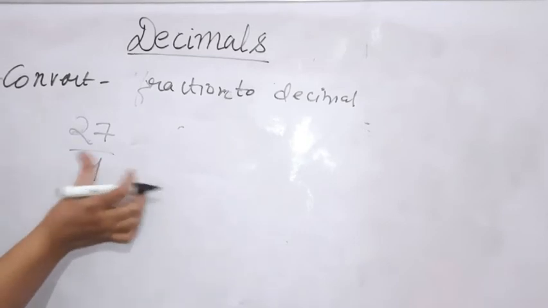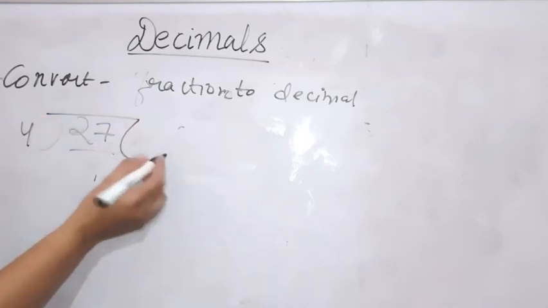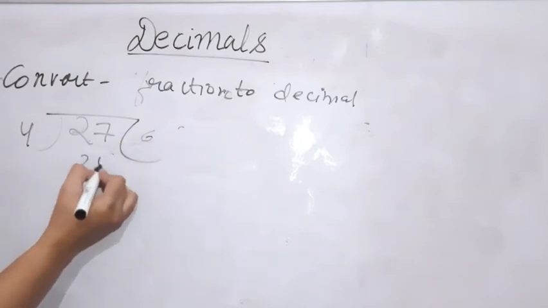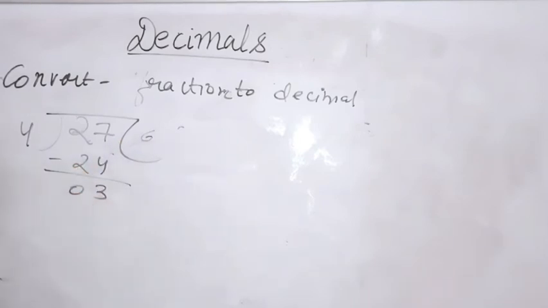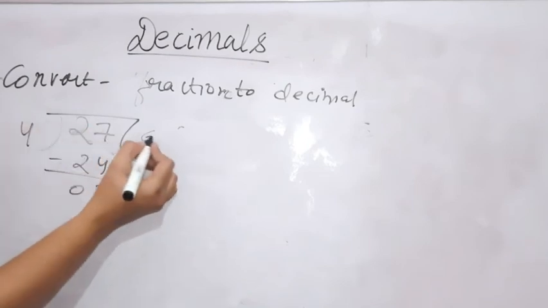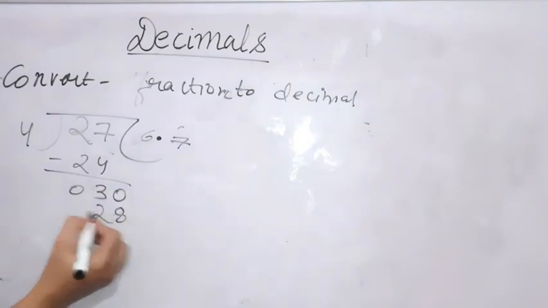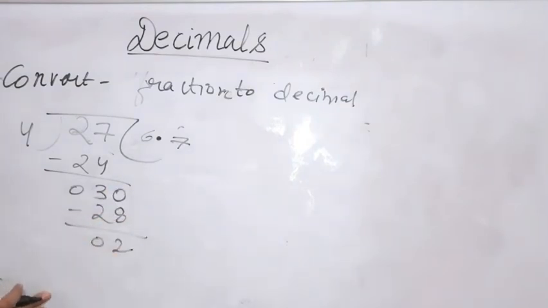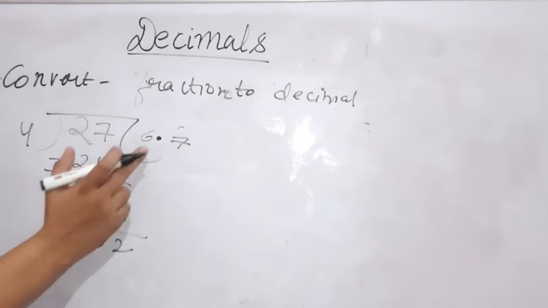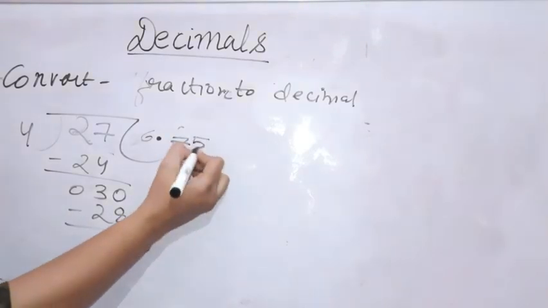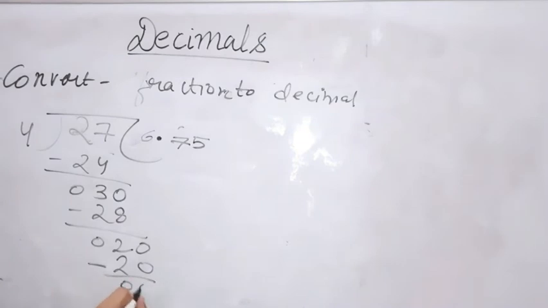So now we will divide by 4. This is the divisor, this is the dividend. Now we will perform the division. 4 6s are 24. 3 remainder is left. 3 does not come in the table of 4. Place a decimal point, add a 0. Now 4 7s are 28. Again we have not got 0 as the remainder. We have got 2 as the remainder. But we have already added a decimal point, so we can add another 0 to the remainder. Now 20 comes in the table of 4. It will be 4 5s are 20. Okay students, I hope you have understood.